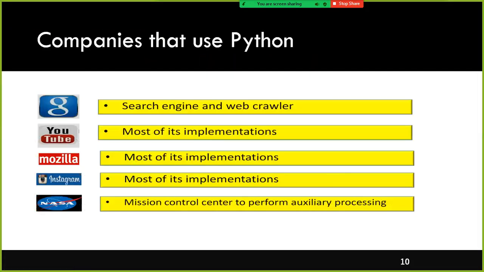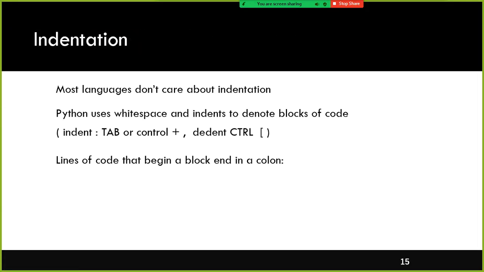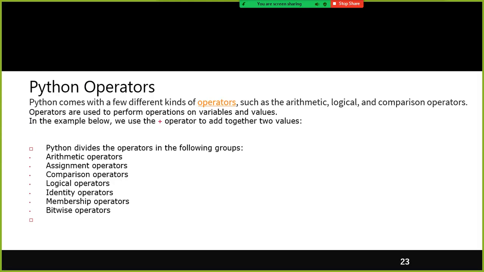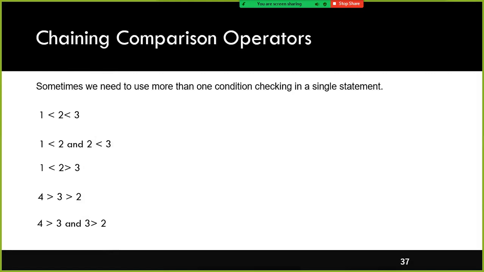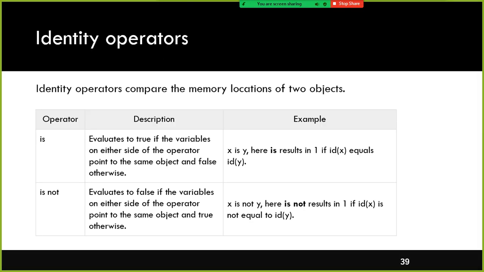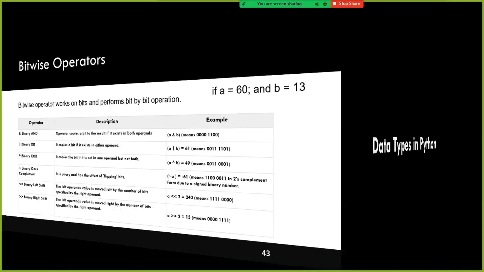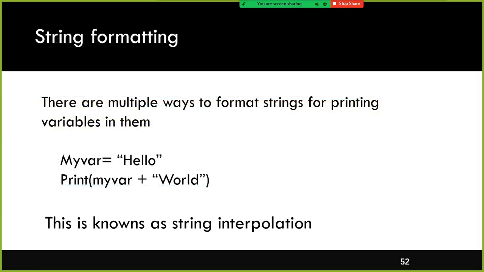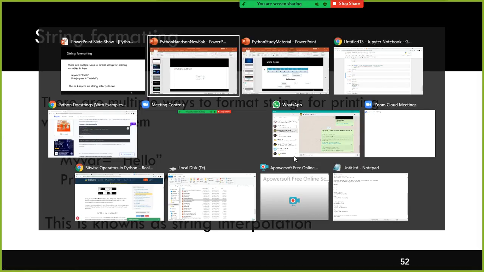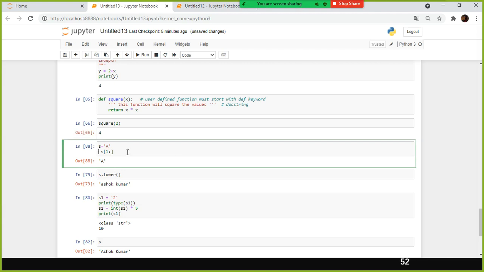You have the string data type, and in the string data type you have something called dot, I don't remember the syntax, string formatting. Or else the simple way of doing it is to assign this to another variable.